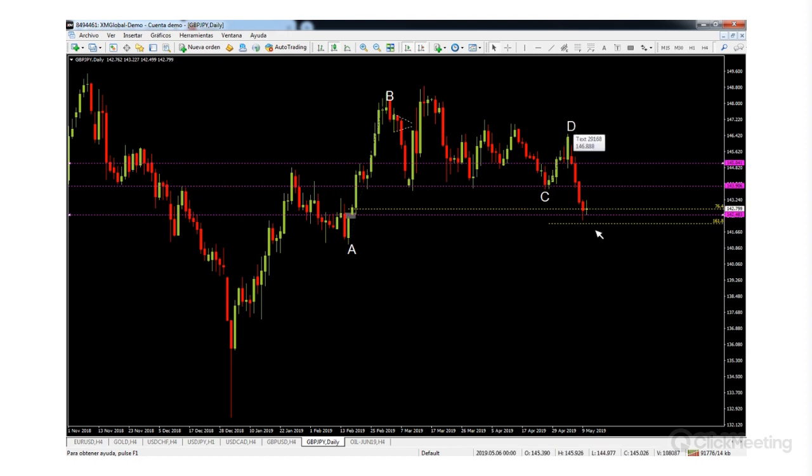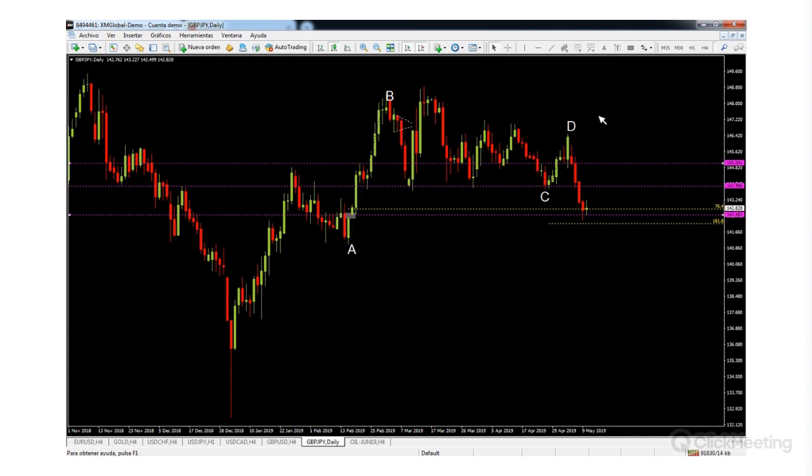Remember that ratios and support and resistance levels are not exact lines in the market. They are not exact levels, but they're zones. And we have hit the 161.8 extension of the C to D move,